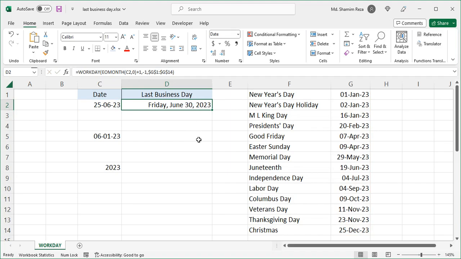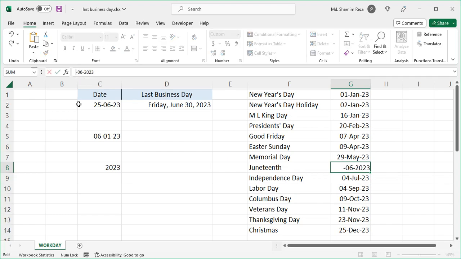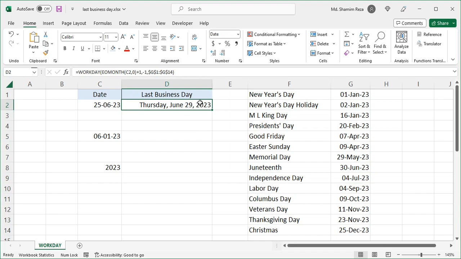You may not see any difference here because the holidays do not include the last working day as the holiday. For example, June 19, 2023 is the holiday, but if I change it to June 30, then you will see the difference. See here the last working day changed to June 29 instead of June 30. Okay,